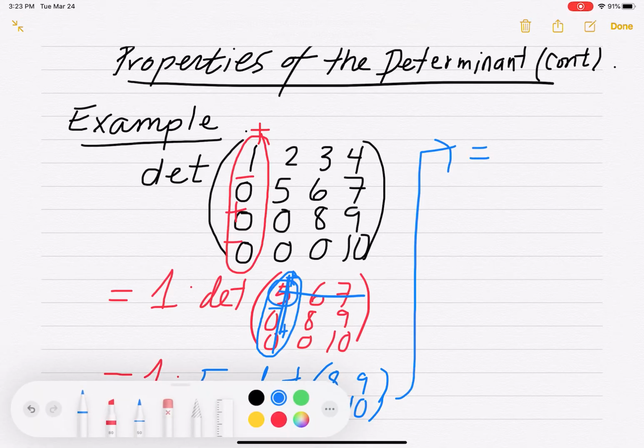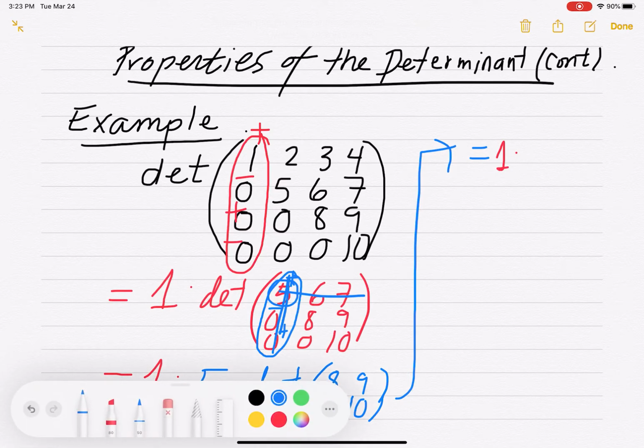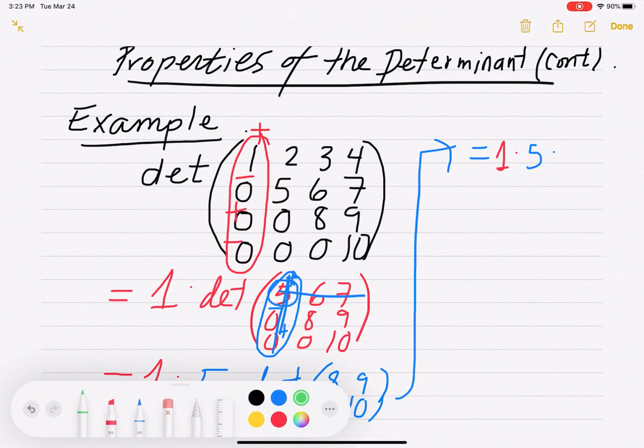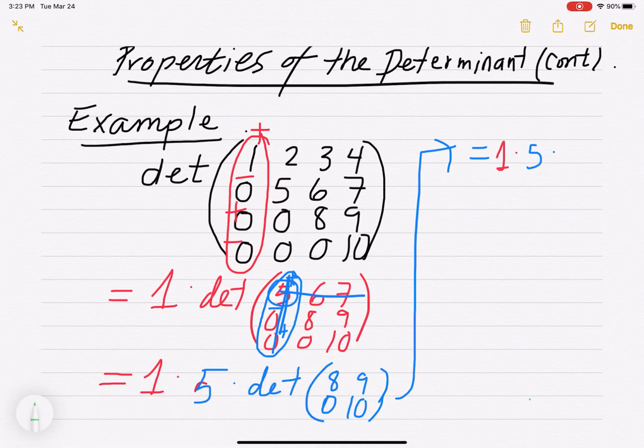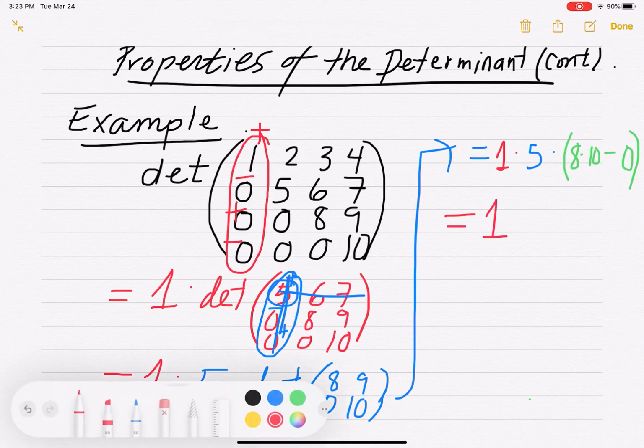What do we have so far? Well, we have 1 times 5 times, okay, we got to find the determinant of the what matrix? 8, 9, 0, 10. That is a 2x2 matrix. We take 8 times 10, that's going down the descending diagonal, and subtract the ascending diagonal, so minus 0 times 9, which is 0. So it looks like in reality we're talking about 1 times 5